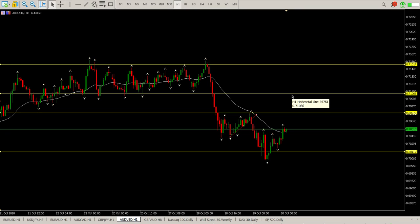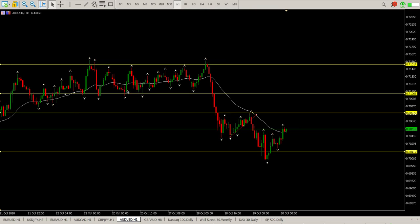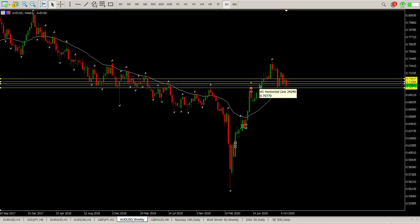So that's 0.71066. Just remember, we are sideways, range bound, so whatever trade you want to do, you're going to be taking profit early. Okay, I don't think there's anything on the weekly here except for a pretty strong weekly move and what looks like a potential double bottom, but I don't like this weekly bar at the moment, which is red. It should be the other way around, should be red, and then this one should be green, and